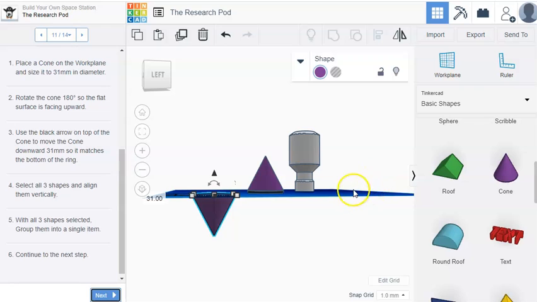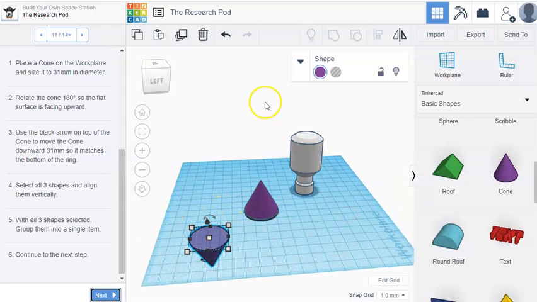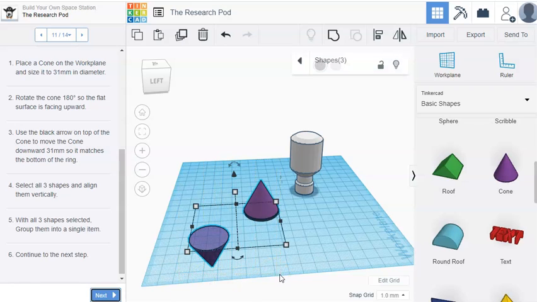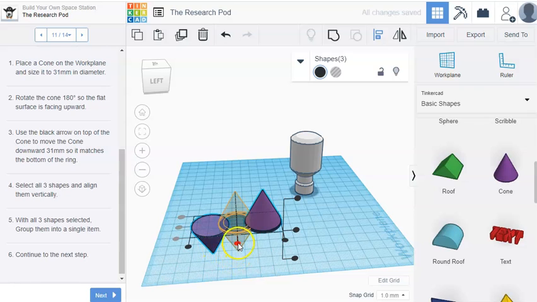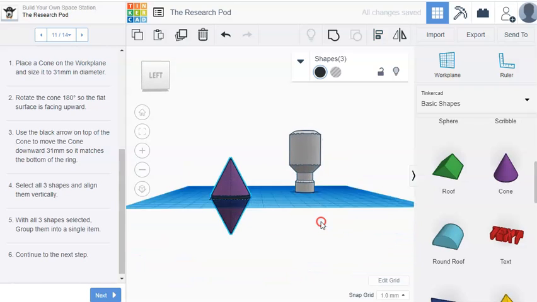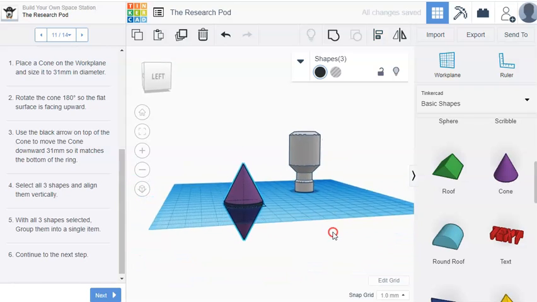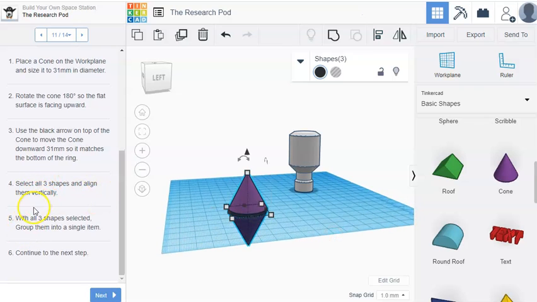Select all 3 shapes and align them. Okay. So this one, I'm going to select those and align. Okay, what does that look like? Good. And select those and align them vertically. With all 3 shapes selected, group them into a single item. Okay, so while they're all